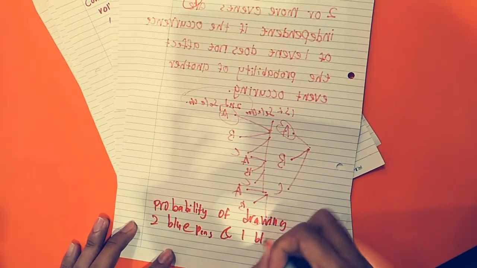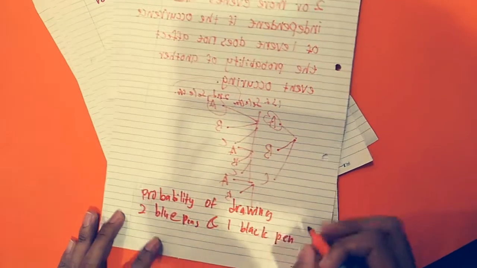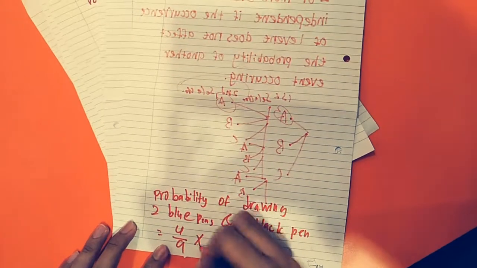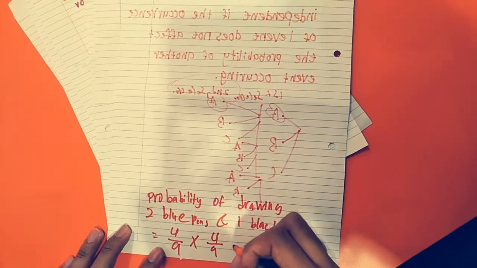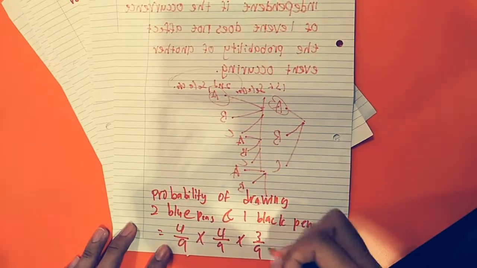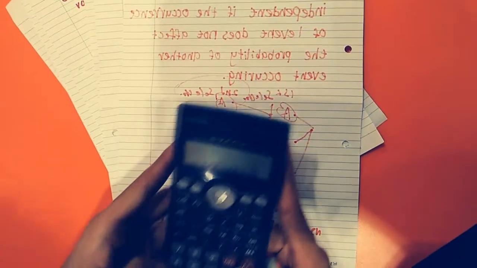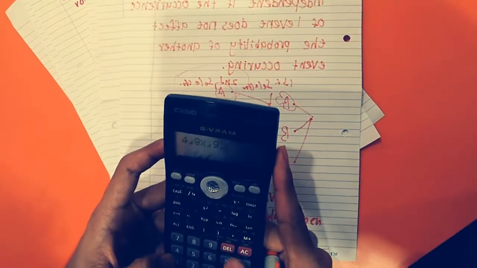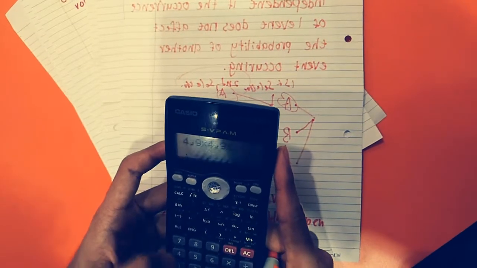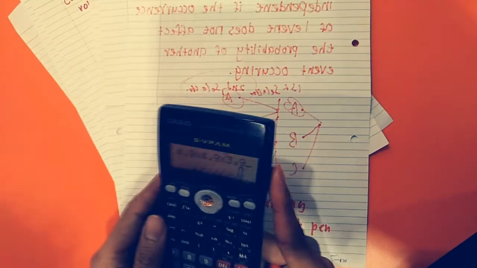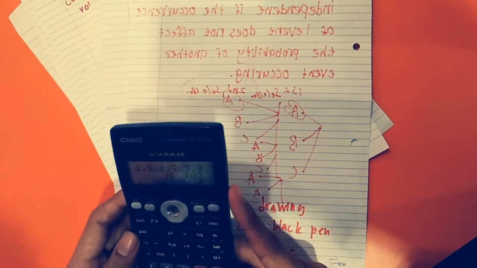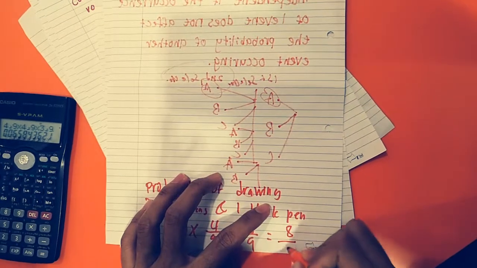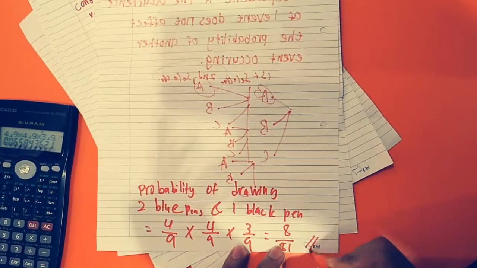That equals 4 over 9, the first draw, times 4 over 9, times 3 over 9. This equals 8 over 81. That's the answer